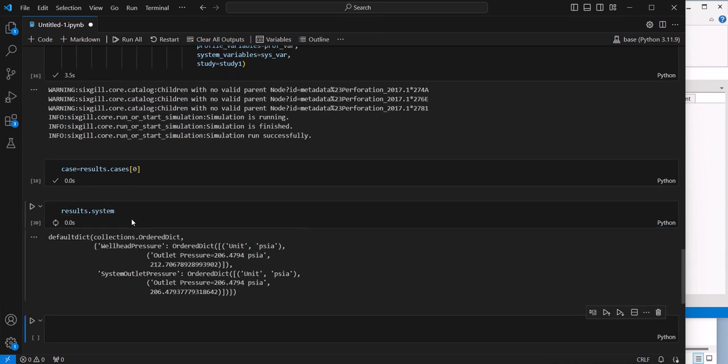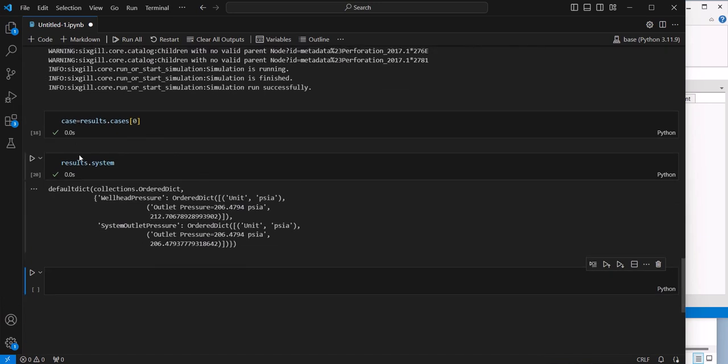Sorry, it should be system. And we have the wellhead pressure, and then based on the case name outlet pressure, we have some value. So I don't want to repeat all this investigation many times, so let me just define the method which will report the system results. So I will do the def print_results,